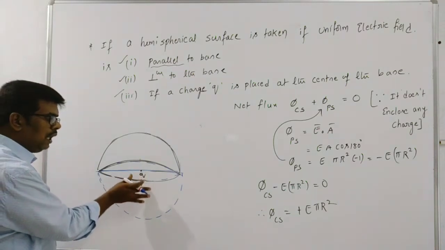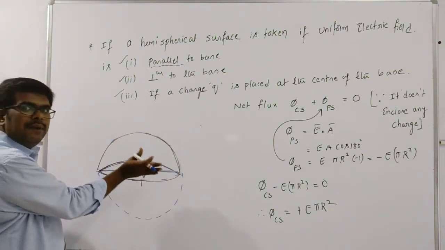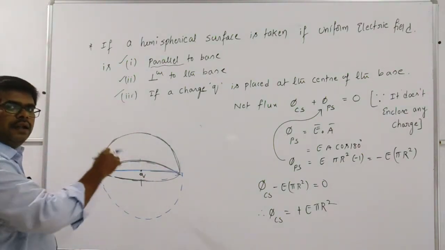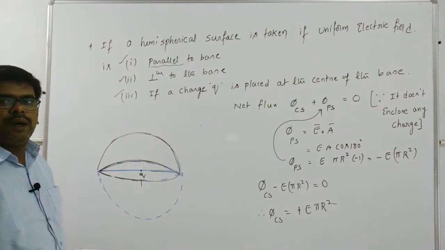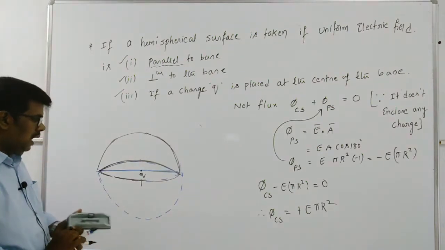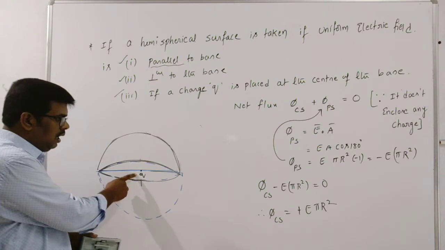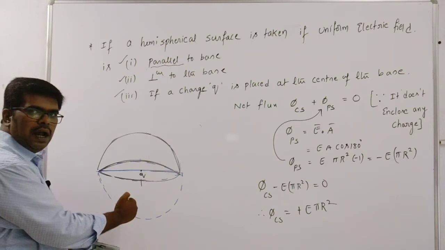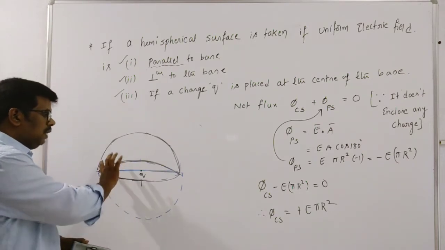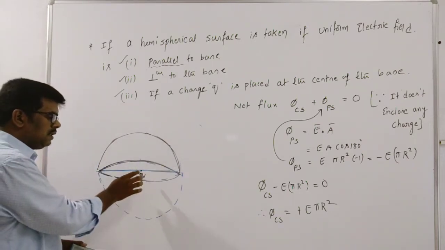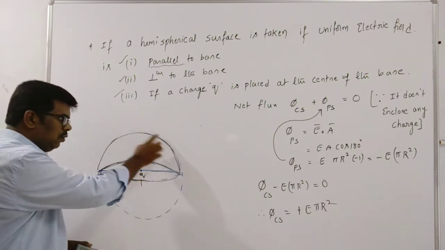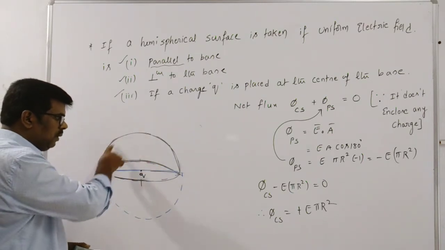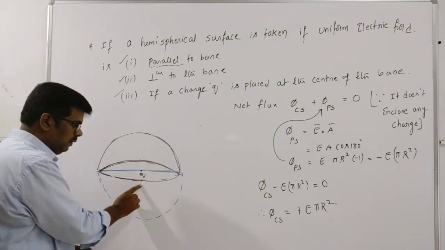But we want only the flux through the upper part, that means half of it. So the electric flux through half of it is nothing but 1 by 2 times Q by epsilon naught. Now you have to understand, if your charge is taken here, we can close it by constructing another imaginary half sphere. Then this is the closed body, and the electric flux through this closed surface is 1 by epsilon naught times the net charge enclosed by this closed surface.